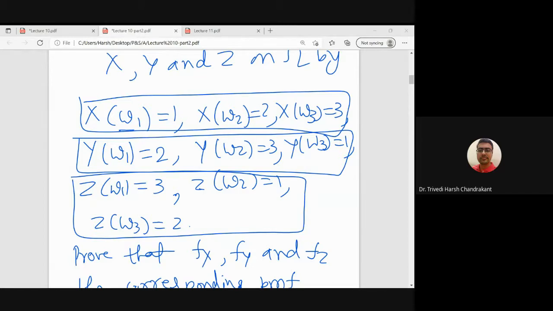Two functions are not equal means they are not equal at a particular point, right? So what you said is correct, that X is not equal to Y because X of w1 is 1 and Y of w1 is 2. So as functions, they are not the same. But on the other hand,